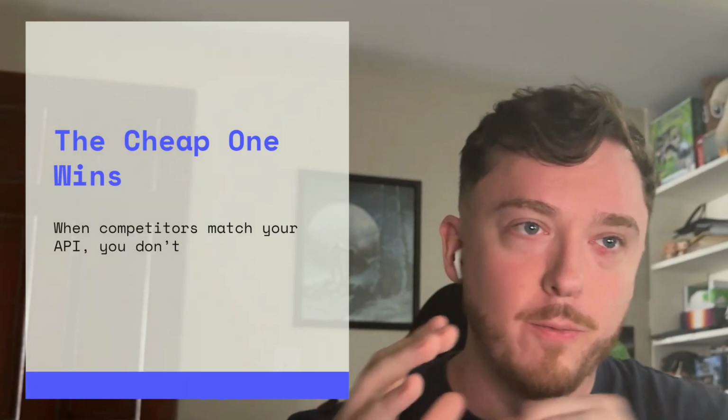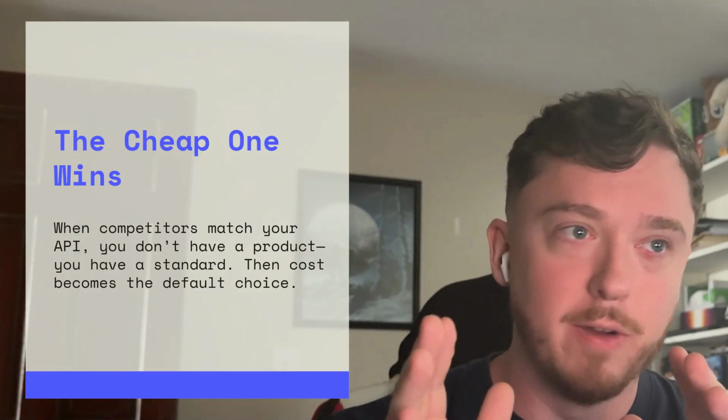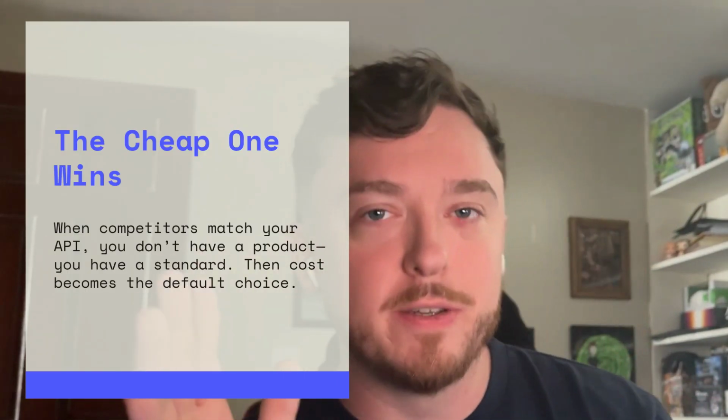So, what was your opinion on this? I mean, it's along the lines of everything that we've been talking about today. All these other labs are catching up to OpenAI, catching up to Anthropic. But like you said, compatibility isn't a courtesy, right? It's a takeover. Once somebody else speaks to your API, you don't have a product. You have one vendor's version of a standard, right? And the cheap one wins on default. So ask IBM how IBM compatible worked out.